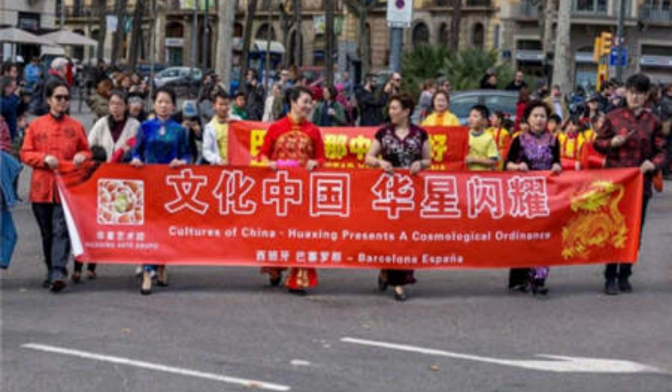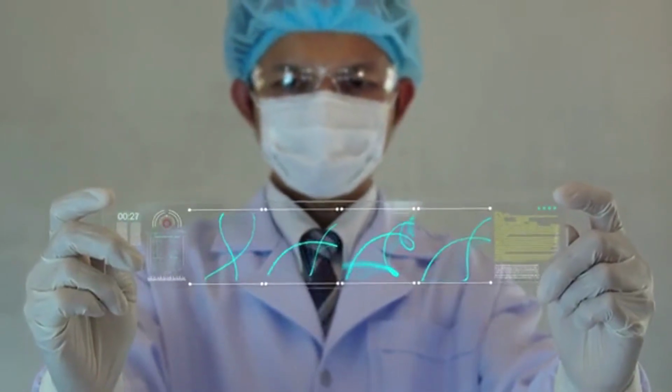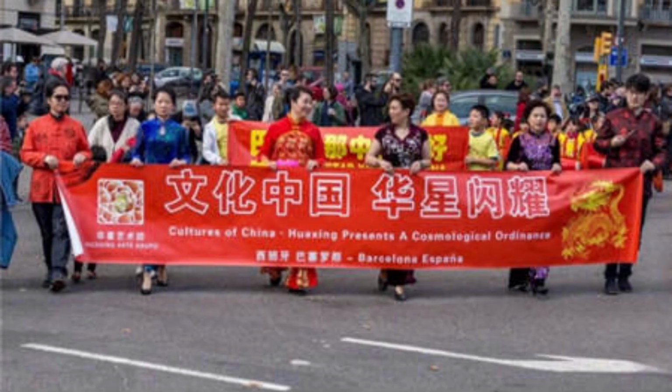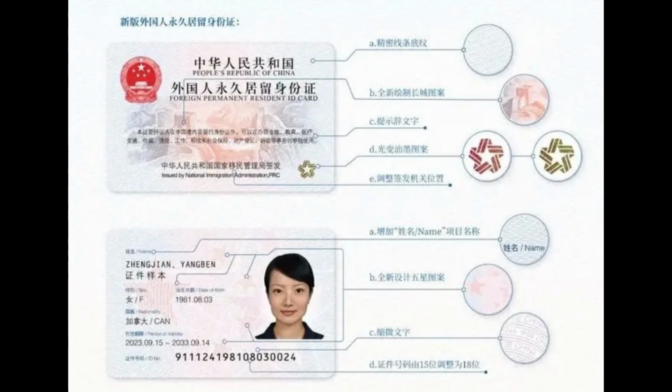5-star card. The new Chinese permanent residence certificate embodies many Chinese elements. Experts involved in the research and development upgrade have stated that, referring to the currently popular international naming method for permanent residence permits, China's new version of foreign permanent residence identity cards can be vividly referred to as the 5-star card. This not only reflects strong Chinese characteristics and has high recognition, but is also easy for domestic and foreign people